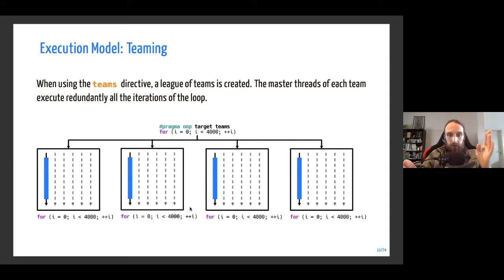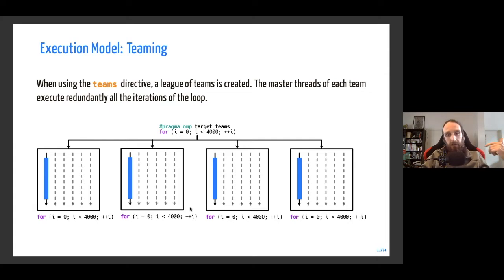So what happens with all these additional keywords, teams, distribute, parallel, for, is that all the iterations of this loop should be split across the hardware, and the hardware is made of streaming multiprocessors as well as cores, so we need to describe this using the directives.